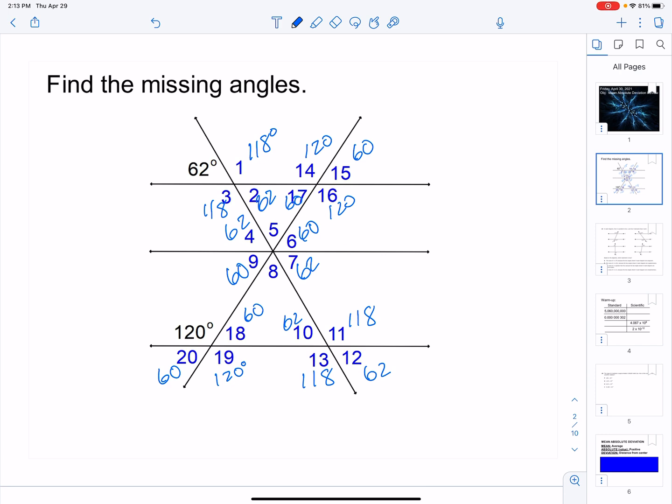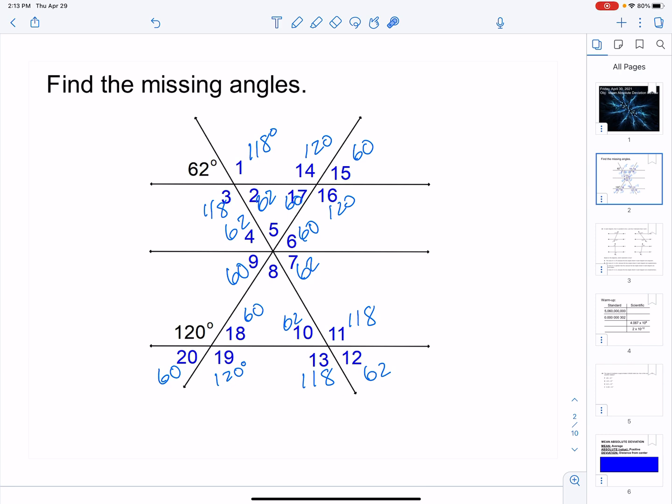Now we've got to find angle 5 and angle 8. Well, if you pay real close attention, angle 5 and 8 are actually an angle that is inside this triangle. So if I know one angle is 62 and one angle is 60, well, if we add that together, you're going to get 122. Okay, so if we take 180 and subtract